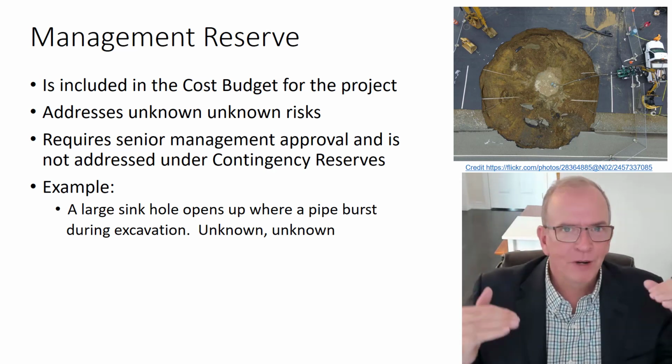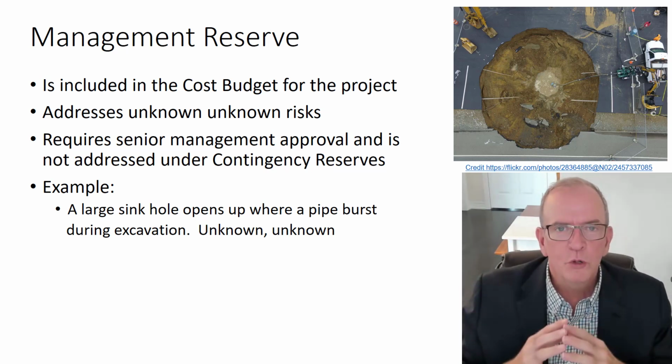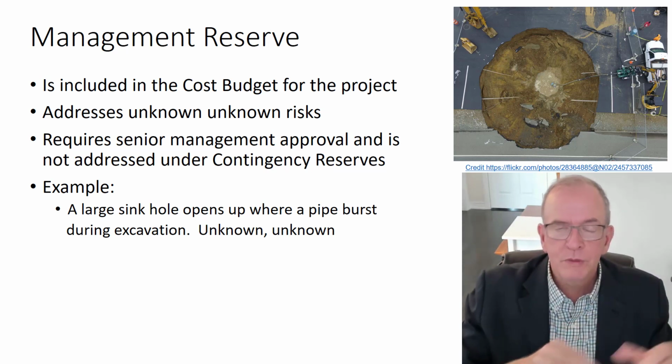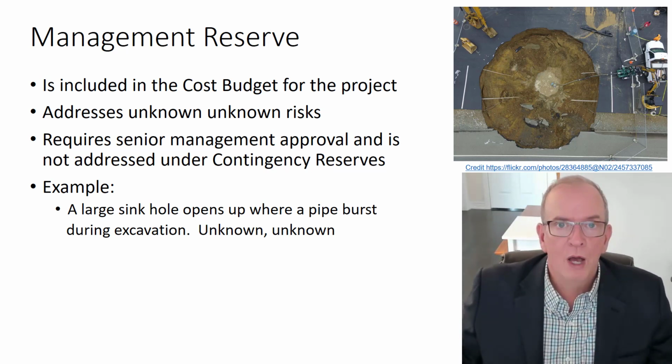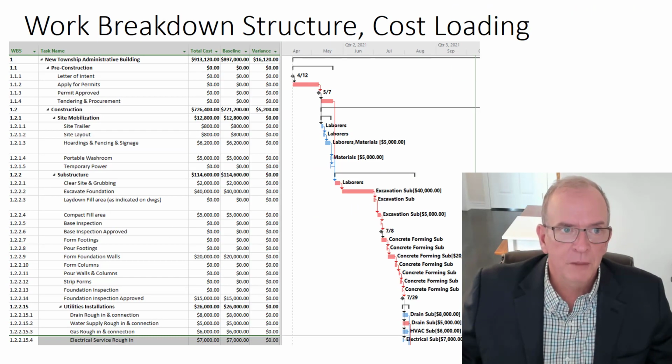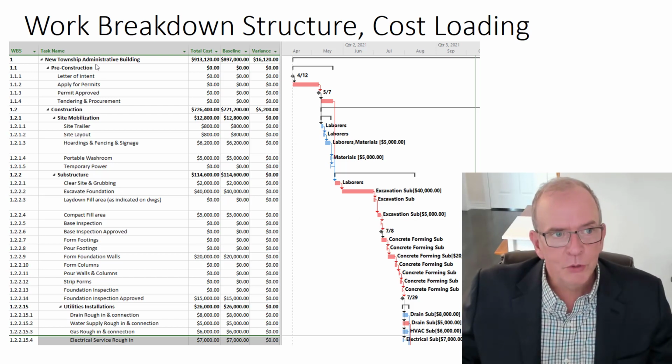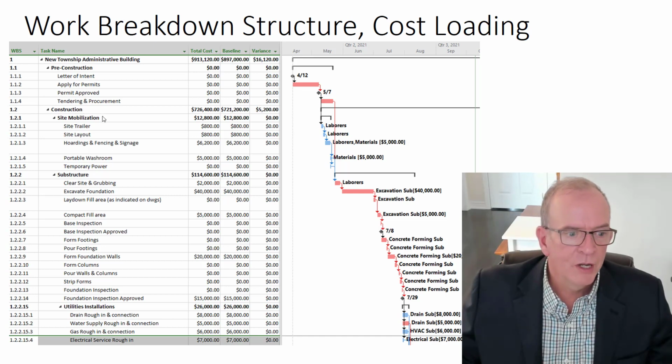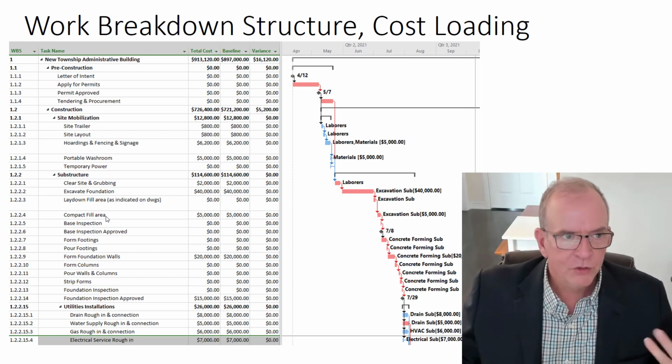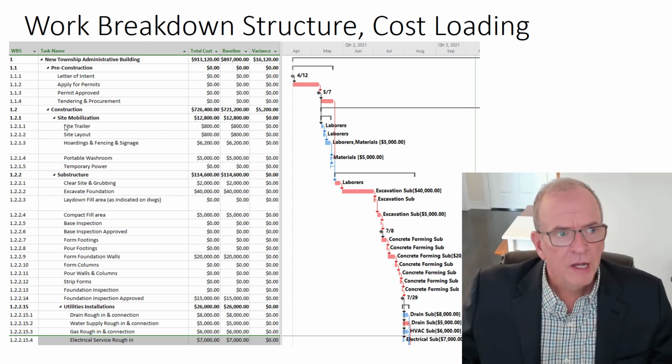Different companies can operate different ways in the real world with this, but at the end of the day, you need to have something there for these unknown unknowns, and you need to have something there for these known unknowns, and that's where these two reserves come into place. As I mentioned in previous videos, I've talked about work breakdown structure, and that's what you're doing. You're taking the overall project and you're breaking it down into sections like pre-construction, construction, closeout, post-construction. So you've got these different areas that you've identified, and then you've identified costs at the activity level,